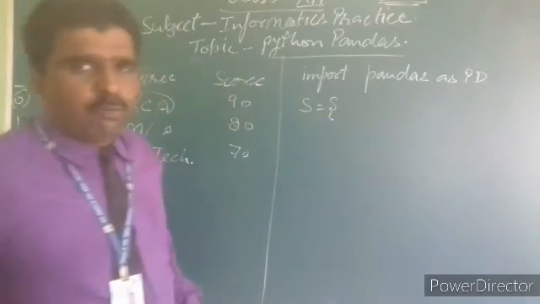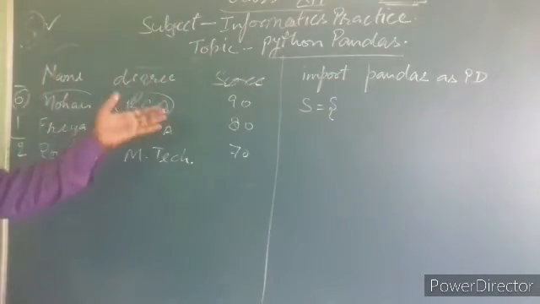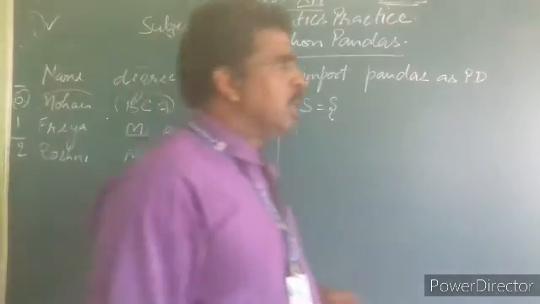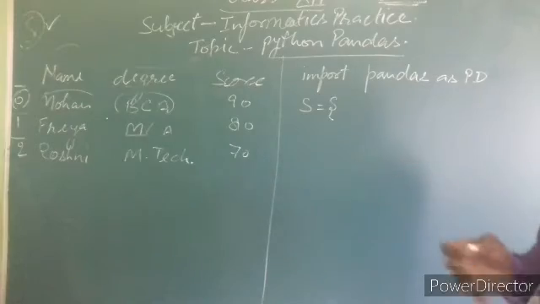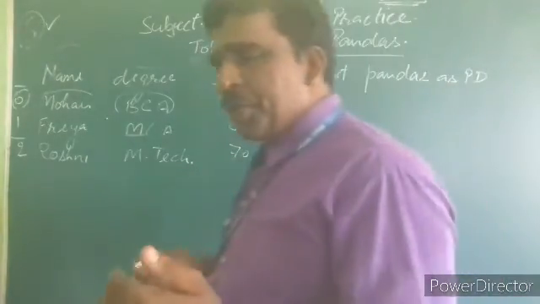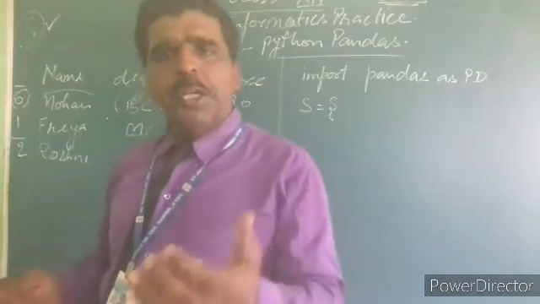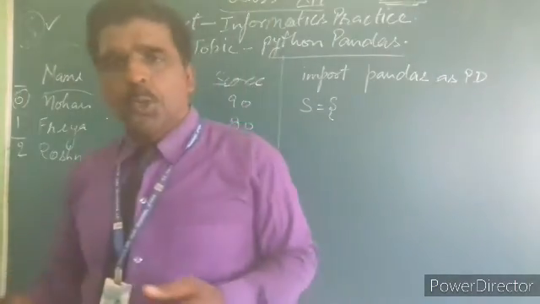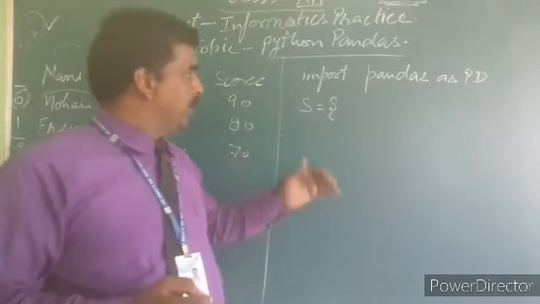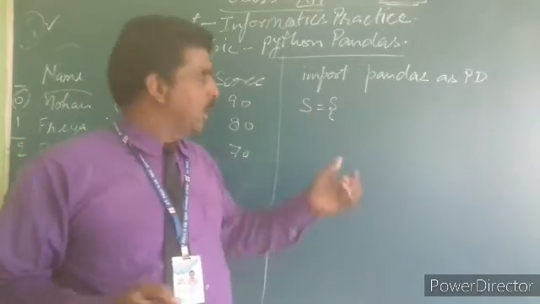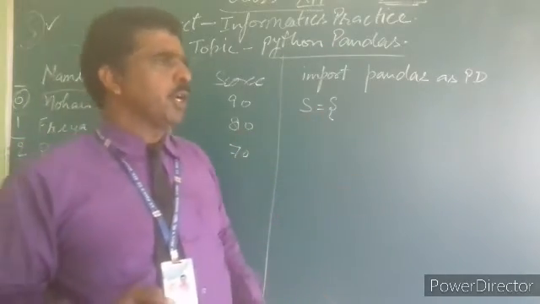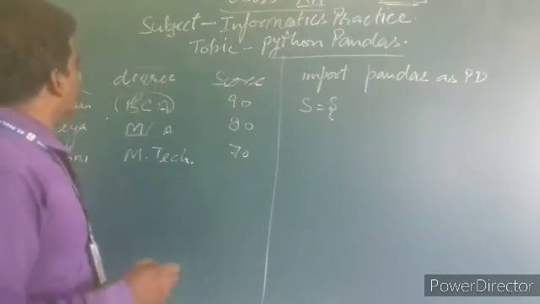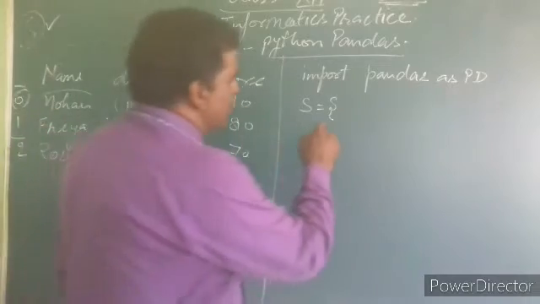So in the form of dictionary, we are taking the values. So we have to put curly braces, because you know curly braces is the indication for the dictionary data types. So here the question is that if we are storing this type of dictionary value, then definitely we have to start from the curly braces.